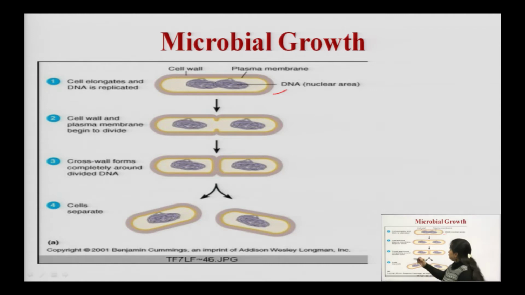It will grow. First the cell elongates and the DNA is replicated. This is what we call the cell, and this cell first elongates and will also replicate. As you can see, the DNA starts separating out and replicating. This is the DNA part. Once we have inoculated the bacteria in the nutrient media, it will grow in size. There will be a lag phase, in which it adapts to the culture media and to the nutrients added within the media. First it gets stabilized, and the cell starts elongating.